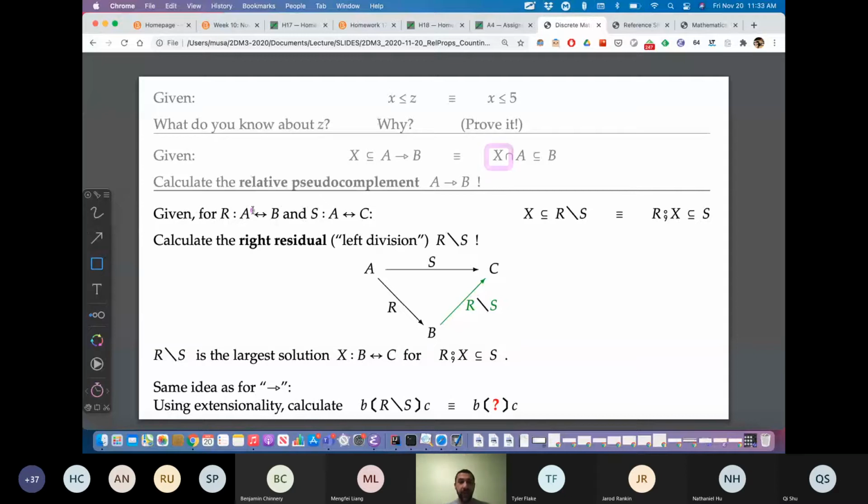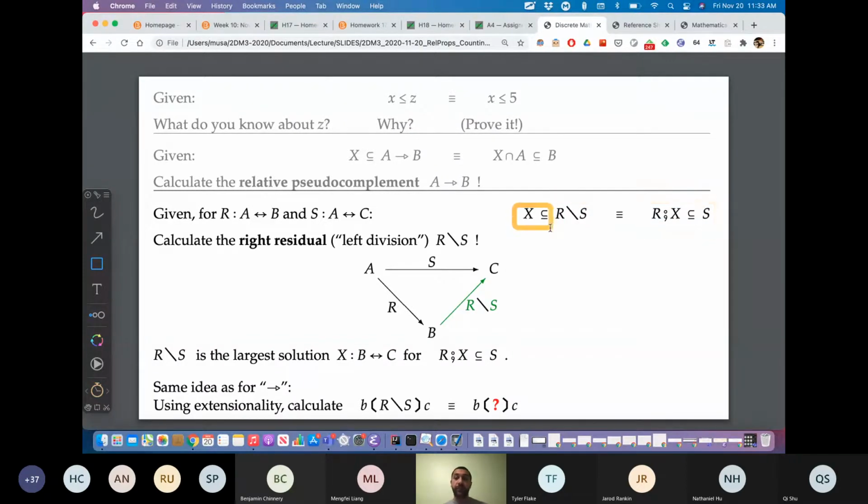And so today we're doing the same thing. We're saying, what's this weird division operation? For any X, X is going to be below the division operation precisely when I take R and multiply it by X to get to S. So this is that familiar integer division, right? You have three numbers, for example, R, X, and S. And you say, how do I divide R by S? R divided by S is going to be the largest X that makes this equation true. So it's the largest one that makes this true.